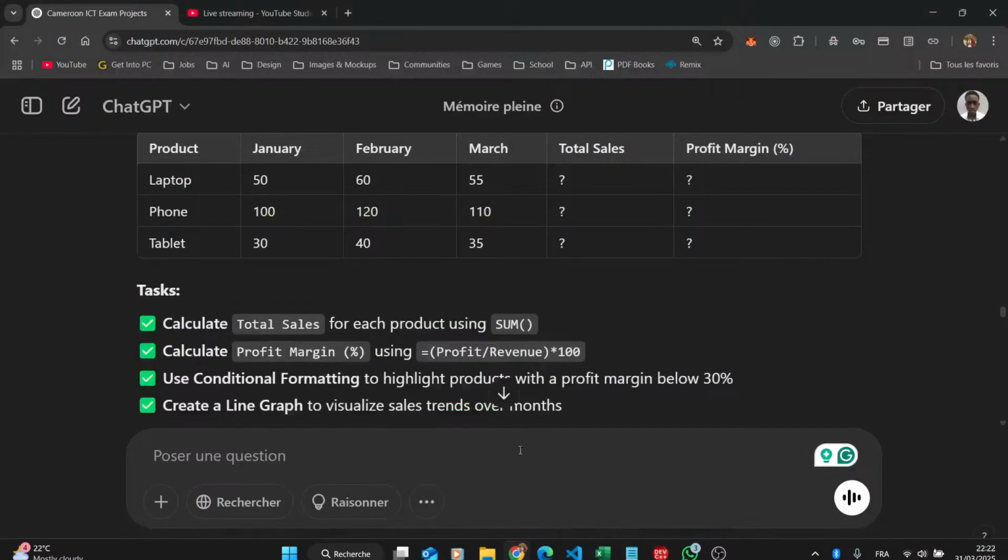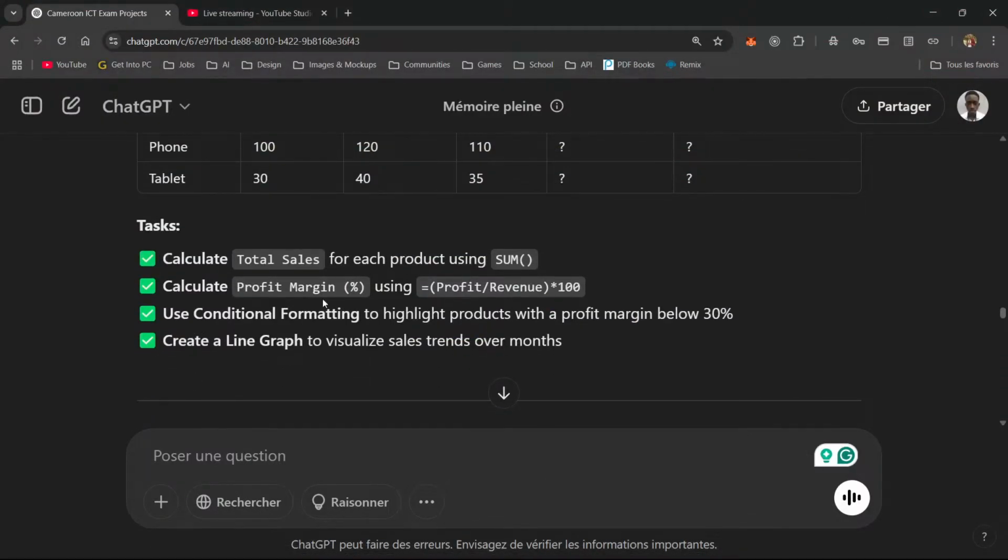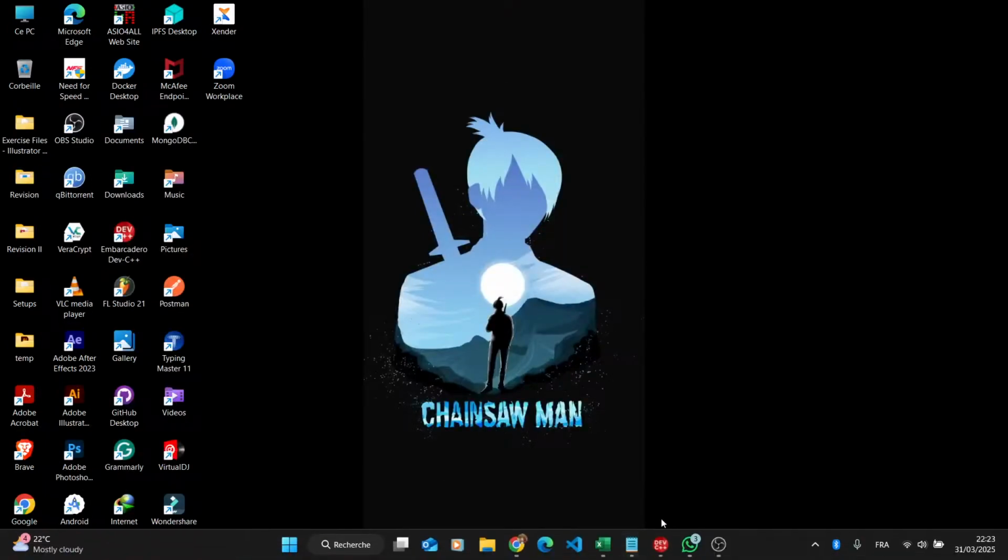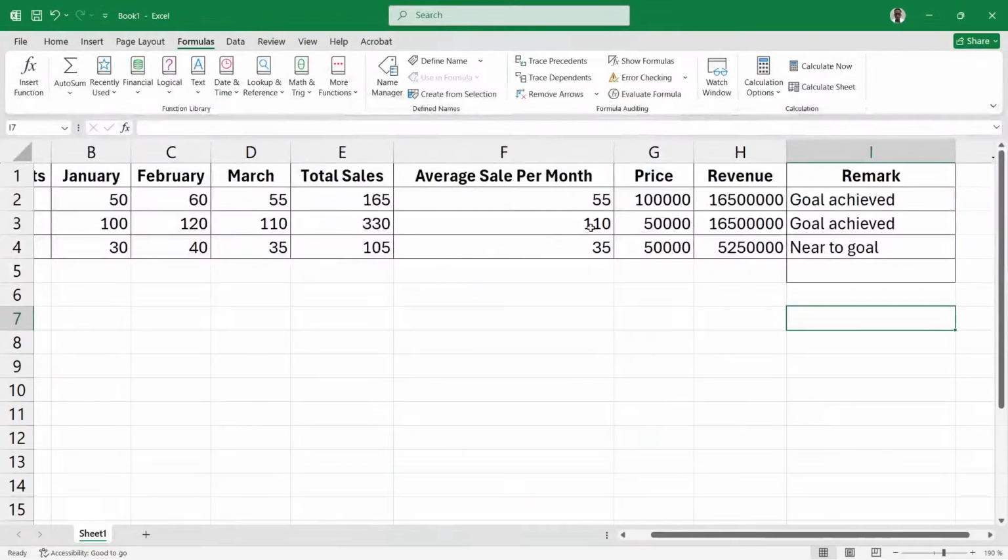What does it tell us to do? It tells us to use conditional formatting to highlight products. Well, we cannot do anything with profit margin because we didn't complete anything concerning profit margin. Use conditional formatting to highlight products with a profit margin below 30%. Let's go ahead and do that. In order for us to use conditional formatting,